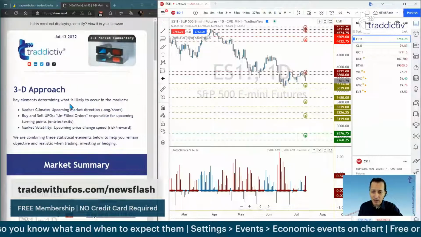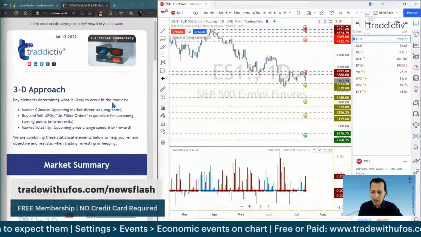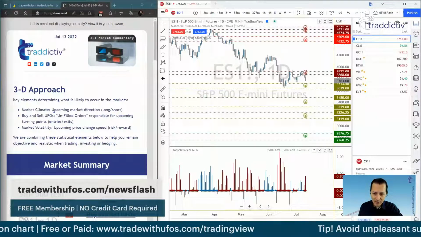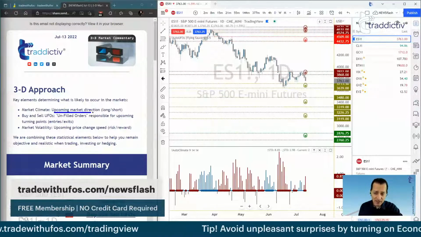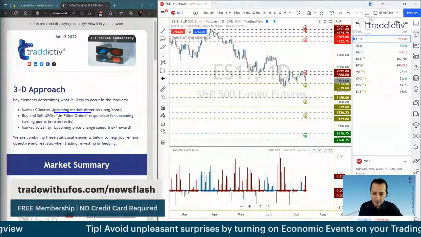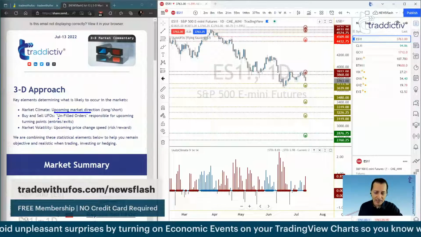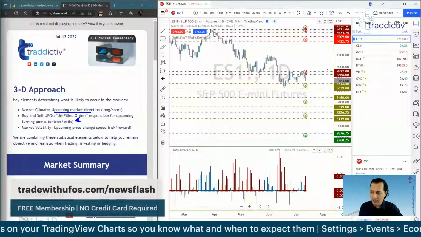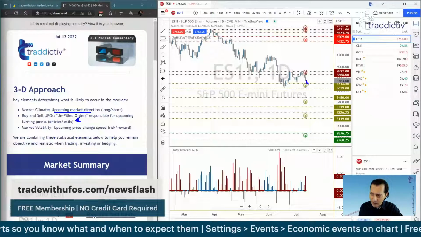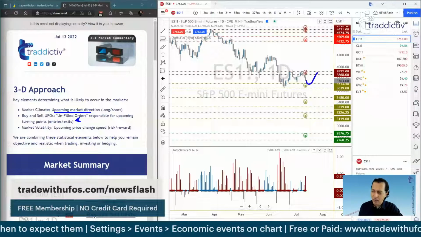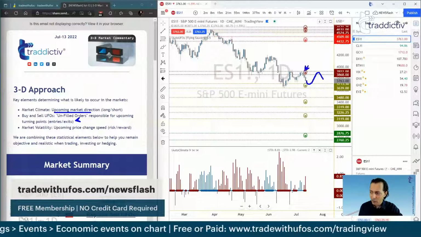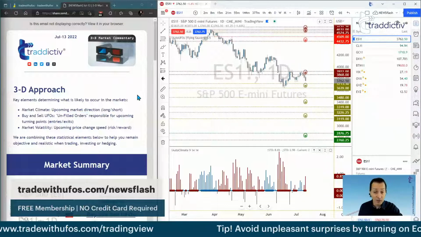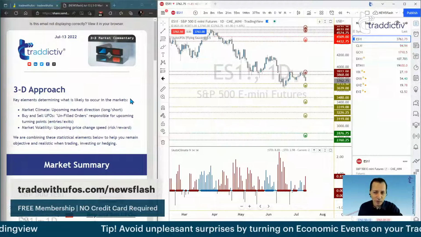Notice earlier in the definition of what is climate, we talk about market climate as the upcoming market direction. So it's a down climate, so the expectation will be for the market to keep falling. We are talking about buy and sell on-field orders. They are responsible for upcoming turning points that could be used as entries and exits. So the S&P coming down may generate a turning point there. Then it goes up, it may generate a turning point here. And therefore, those UFOs are very powerful to take advantage of those upcoming turning points that have not happened